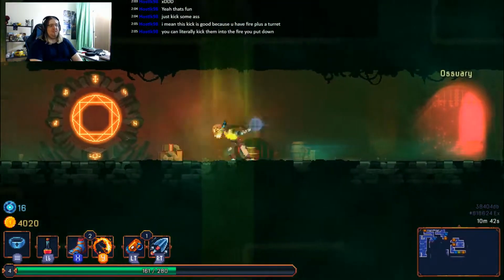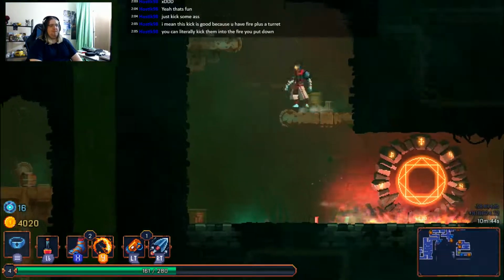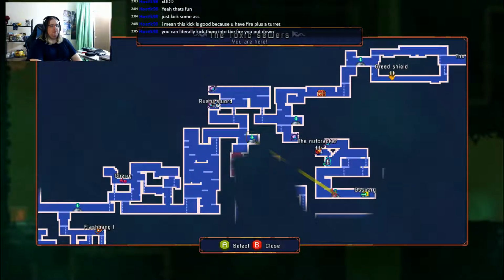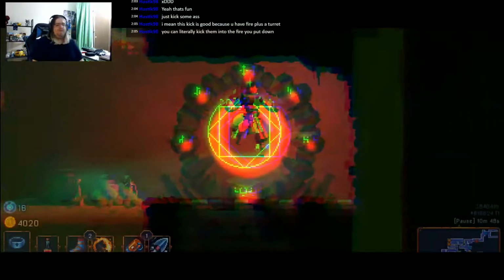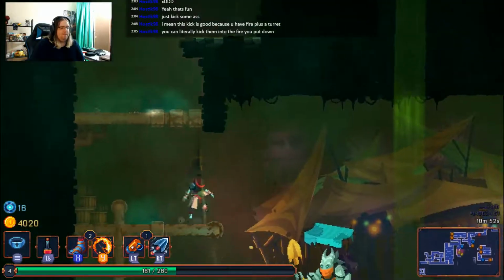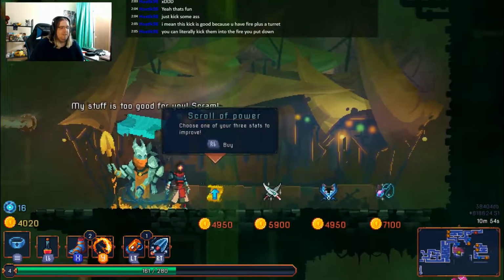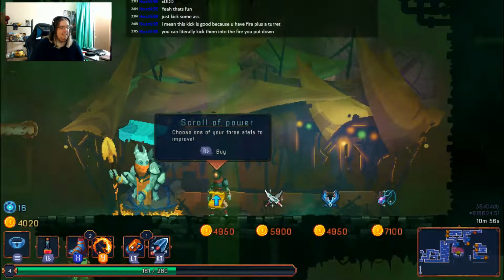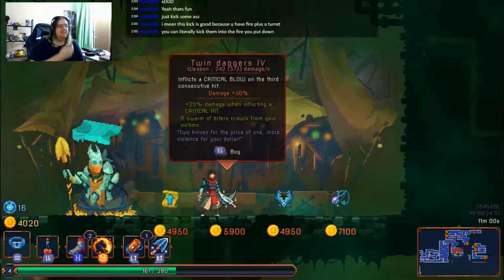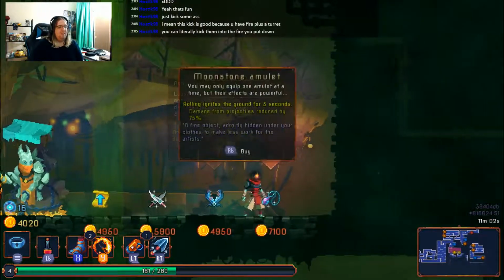I can. See, there's the Osprey right there. And that's where I plan on going after we finish exploring this area. Now, the Osprey, super difficult area. Ooh, a shop. Oh, man. I wouldn't mind buying that. But our stats kind of suck right now. Yeah, this is a harder area, so...